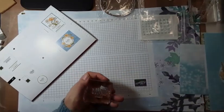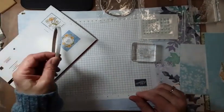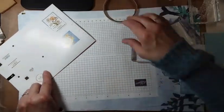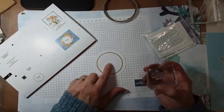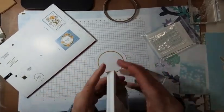All right. So, there's that. And since I have some left over, I'm not going to open that tear and tape just yet. All right, so we're going to stamp that. Now, sometimes, okay, it looks like I'm going to aim right for the middle. Sometimes these pieces from Stampin' Up! in the paper pumpkin kits